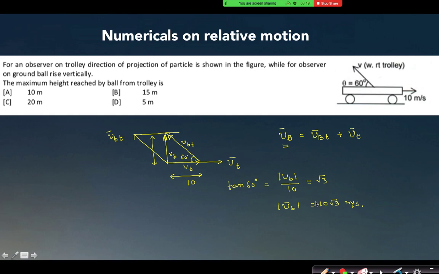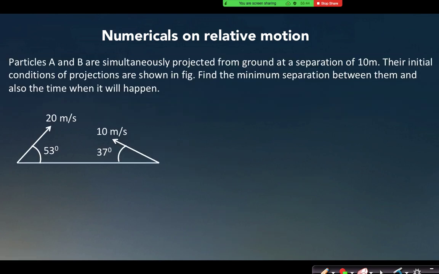Right? Now I can find the maximum height attained by the ball. Basically the ball is now moving upward, right? It is not a projectile motion, it is a simple one-dimensional motion under gravity, right? So at the topmost point its velocity will be 0. So v square equals u square minus 2gh, where u is 10 root 3, 2 into g is 10, and h is the maximum height. So for the maximum height you will find it is 100 into 3 divided by 20, right? So that is 15 meter. That should be the answer of this question.